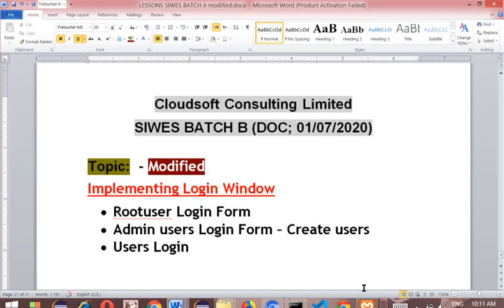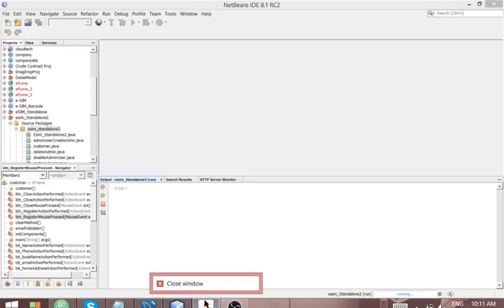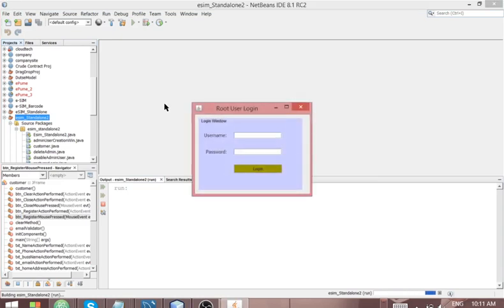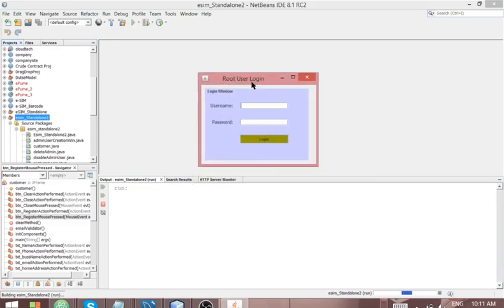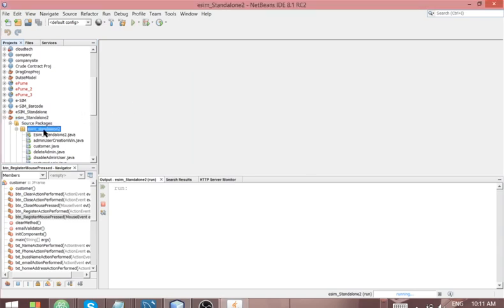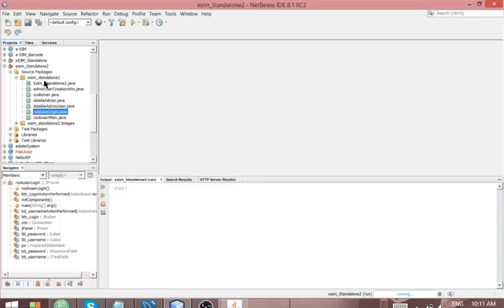So let's go to the source code and run the application for the second time, so we know what we are supposed to start with. This is the landing page of the app, the main page. The page we have embedded within the main class. So, and this root user, it's here. So I will start with the root user. I will refactor it. If you want to change the name of anything here,